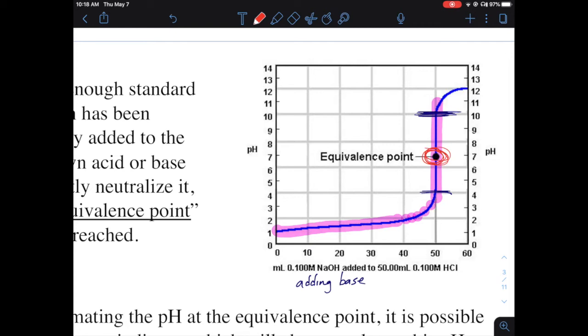And you can see here that when we use this acid and the base, this is a strong base and a strong acid. Okay, you're going to get an equivalence point that's right at neutral, right at 7. Cool. So that's what a titration curve would look like. I want to point out that